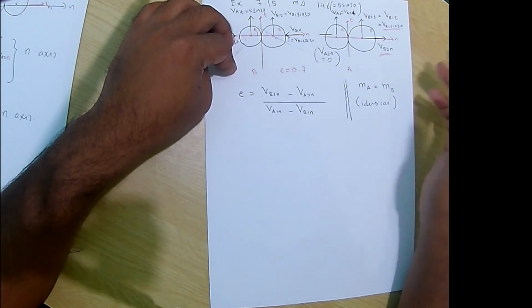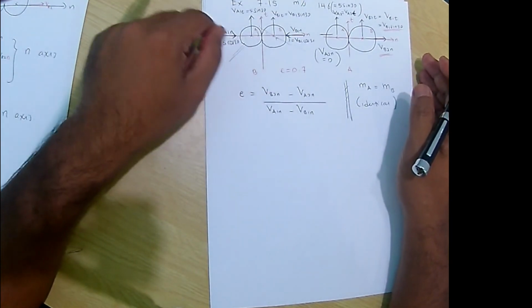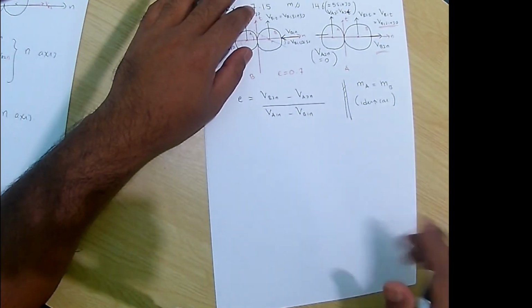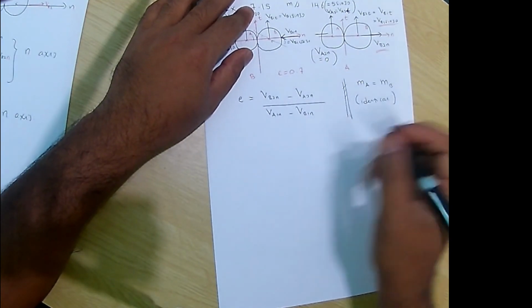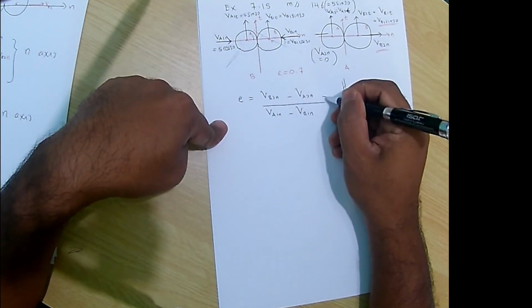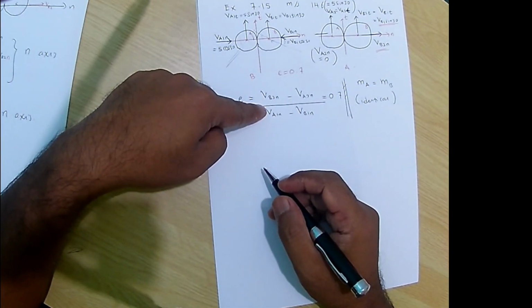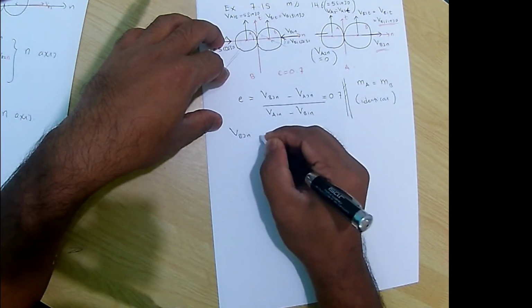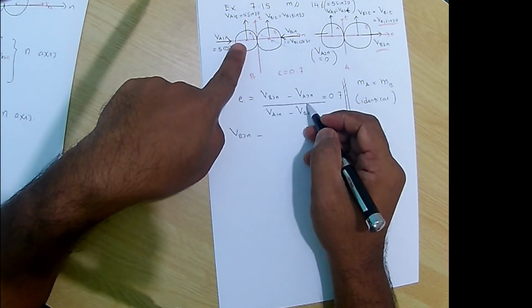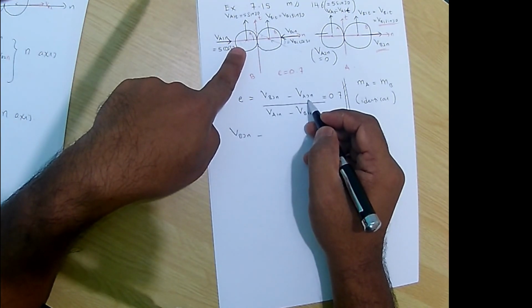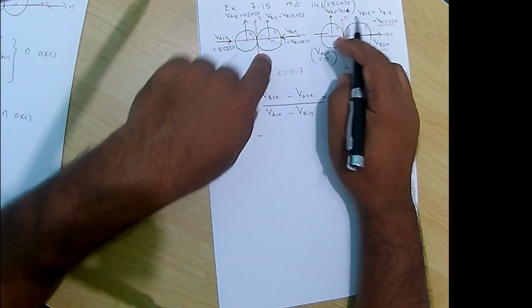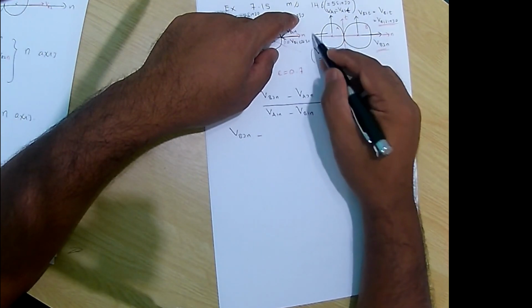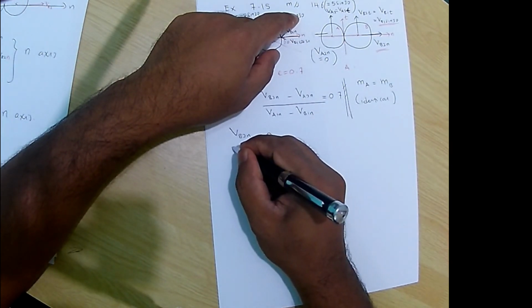So E is 0.7, and putting in the equation, VB2n minus VA2n, where VA2 in the n direction is equal to 0, divided by